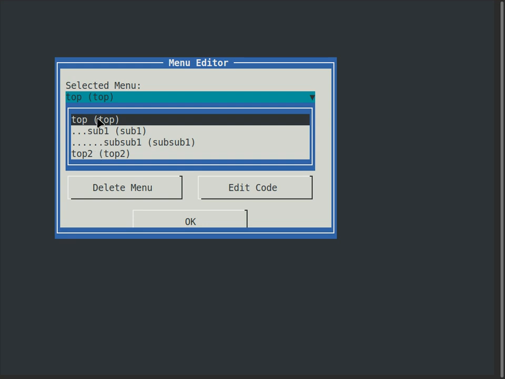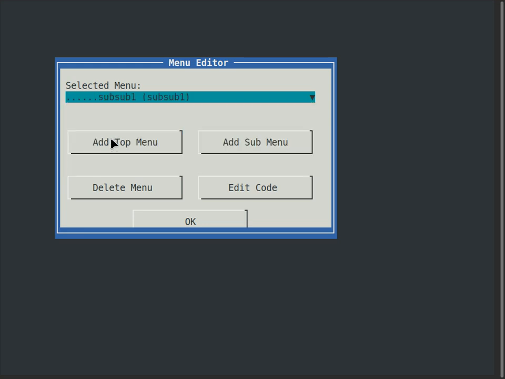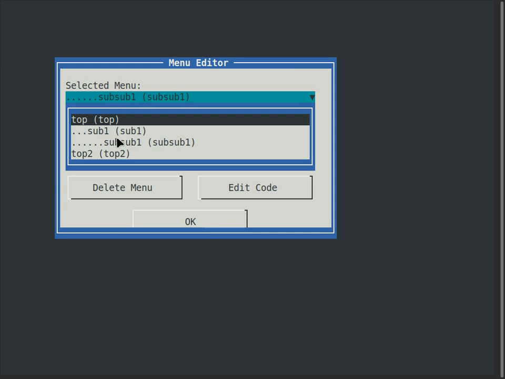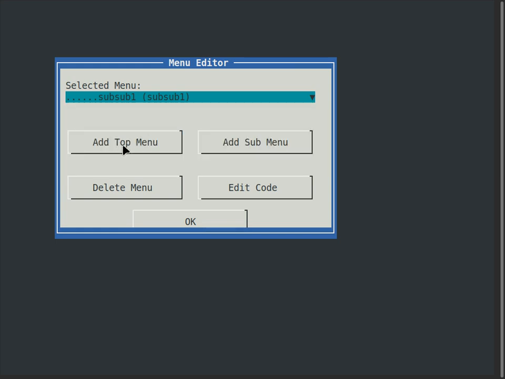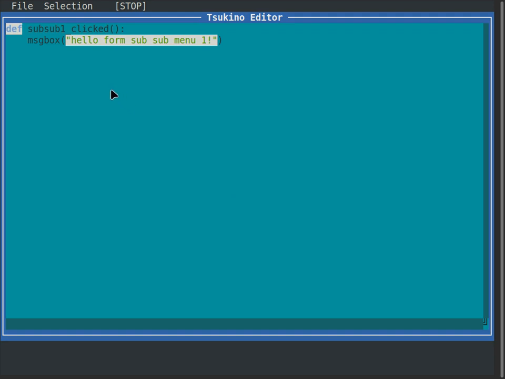The top menus will appear at the top area, and the sub menus will appear when I click on the top menus, and then the sub menu will appear when I click on the sub 1 menu. And the only one that has code in it is this sub 1 menu. I'm going to show you the code. It just shows a message box, it will show this message when it's clicked. Let's go to save then